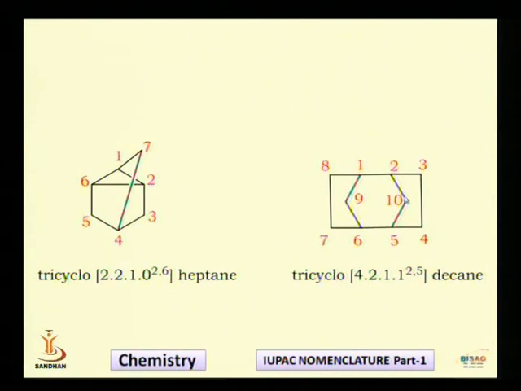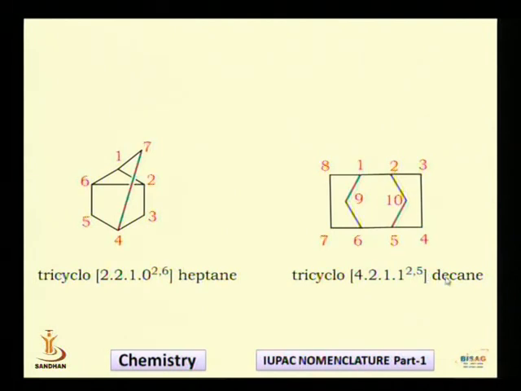Then we have to count how many carbon atoms are there in the subsidiary bridge. So this is the subsidiary bridge, and we notice that there is 1 carbon. So we'll write 1 over here. This 1 indicates the number of carbon atoms in the subsidiary bridge. And as I told you, we have to represent where the subsidiary bridge is, and that is done by the superscript. So superscript will tell you where the secondary bridge is. The secondary bridge is between 2 and 5, so we'll write 2 and 5 as a superscript.